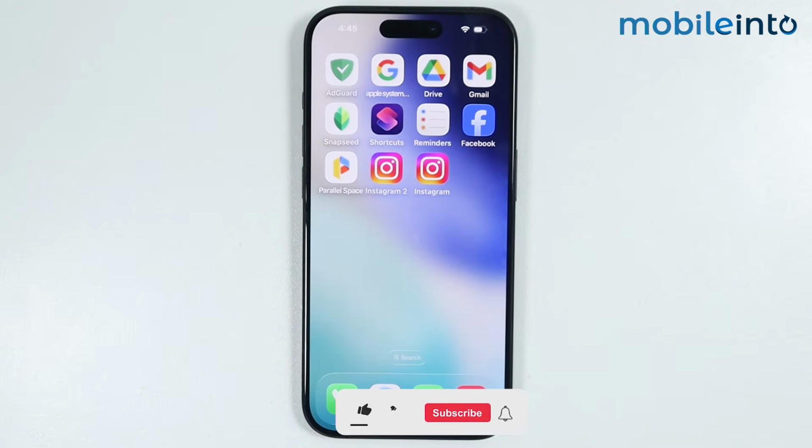But remember that this method does not work on all the apps on your iPhone. It only works with a few apps, such as Instagram and Facebook. And this is how you can use dual